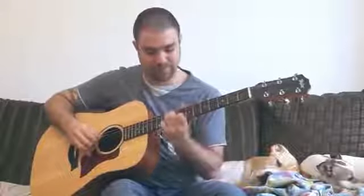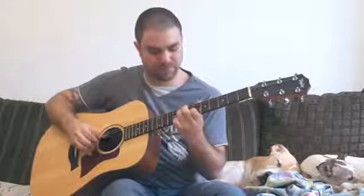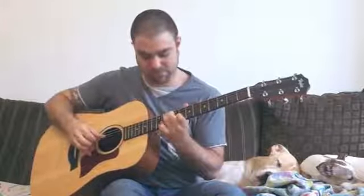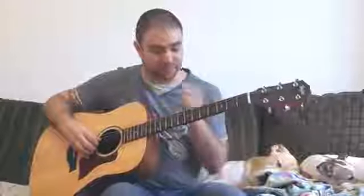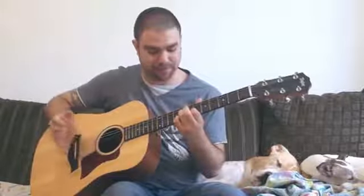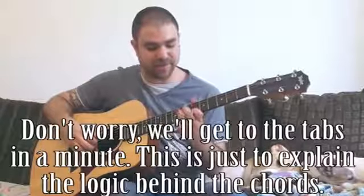Verse. Okay, let's play the chorus again. Let's begin. What you need to know is that there are two shapes, two main chord shapes. The first shape is this one, and the second shape is this. Okay? The first shape is actually